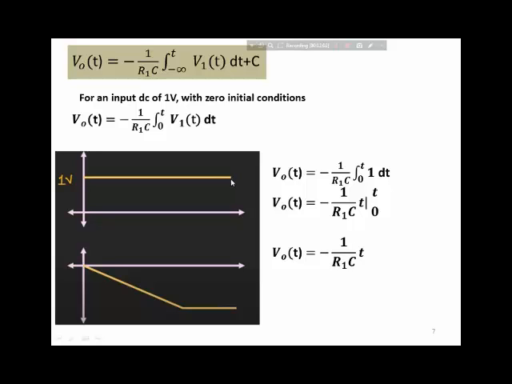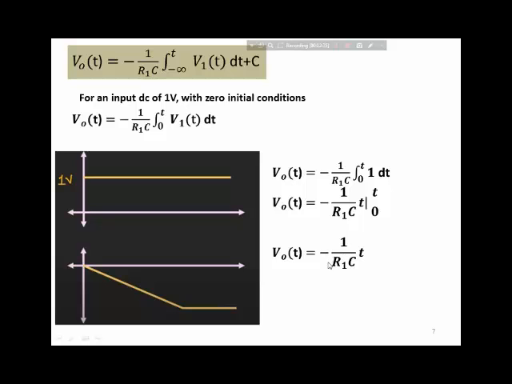By plugging the value of the input into this equation, we find V out of t equals minus 1 over R1 C, integral from 0 to t of 1 dt, and the integration of 1 is t from limit 0 to t. By putting the limits we get V out of t equal to minus 1 over RC times t,